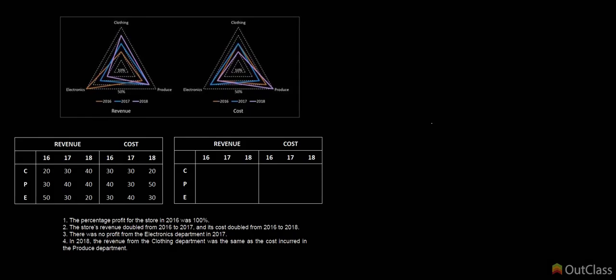So the first thing you got to do with any web chart based question that you decide to attempt is almost always to tabulate the values, because it's such a pain to keep reading that data off of the chart. So I've already done that here, and that is basically all percentages. What you are given